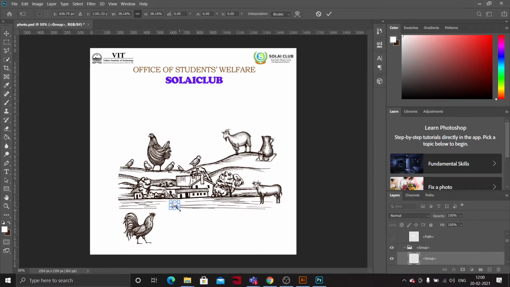This is more smaller. Let's leave it here. Did I leave anything? I'll add this ground layer here also. Do it later once again.